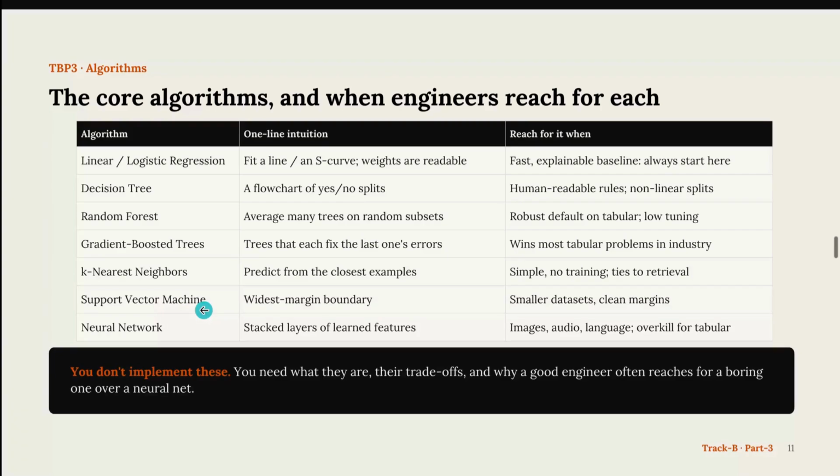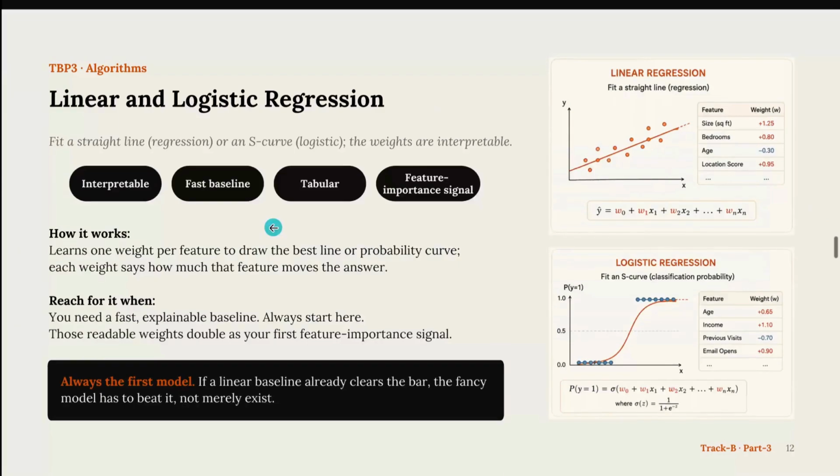Let's look at how we are using each of these, and when we need to reach for these models compared to the others. So we'll start with linear or logistic regression and go from there. Imagine there are various houses in a particular area, and you are trying to predict the rental value